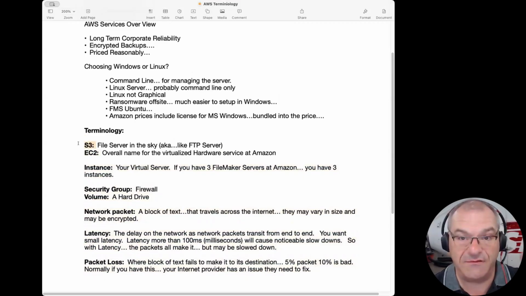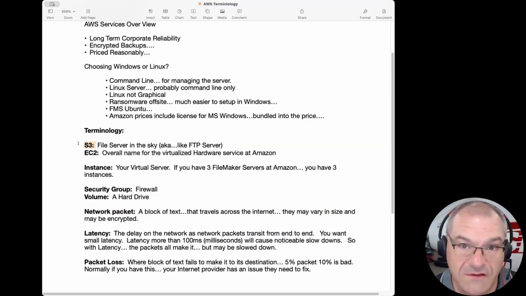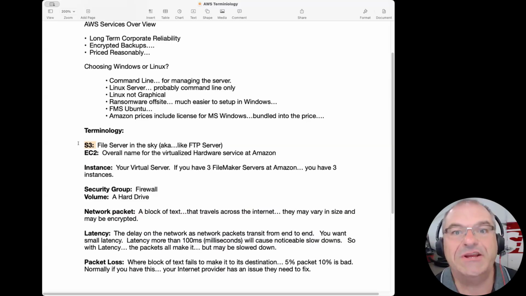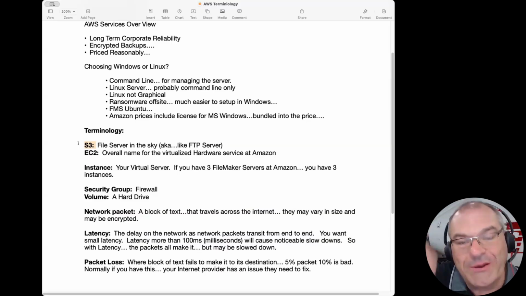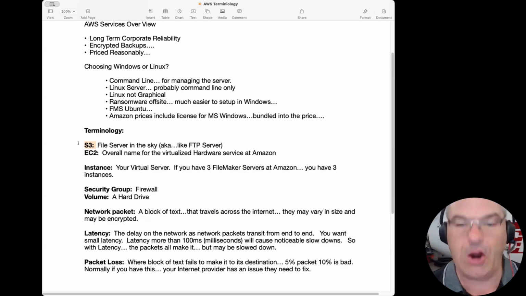S3, once again, is the FTP in the sky, a big FTP server. And EC2 is their service where they sell you slices of servers. The Big Valley folks have a slice of server. It's running a Linux machine. What we're going to be showing today is the stuff that we are using here with real customers, right? We eat our own dog food.